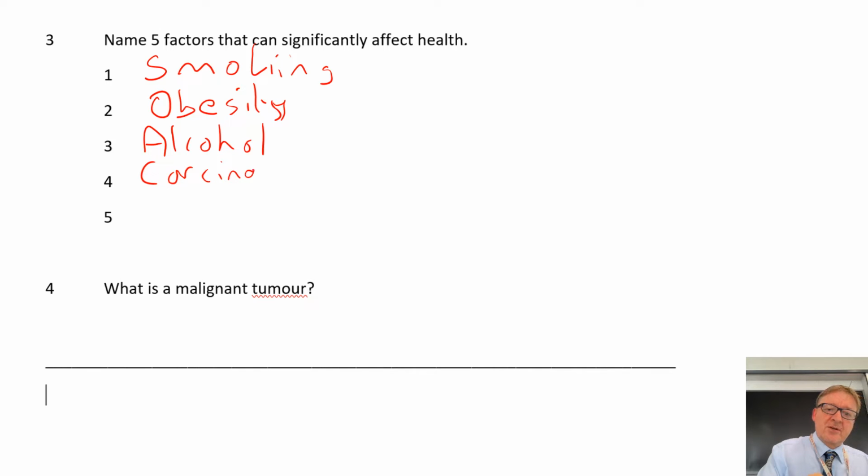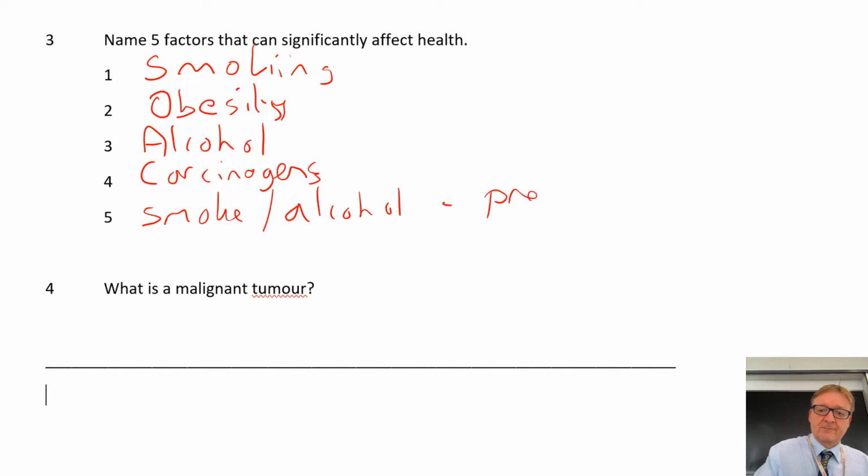Carcinogens, is exposure to things that can cause cancer. So maybe things like radiation. Carcinogens, that's an S on the end there. And the last one that I've got there is if you smoke or drink when pregnant. So that's not necessarily affecting you, even though we have talked about these already before, but if you smoke or take in alcohol when you're pregnant, then that is a massive, great big no-no. It's going to significantly affect the baby.